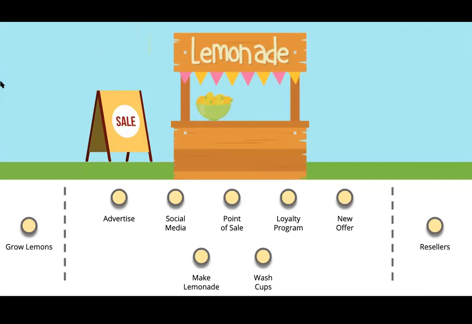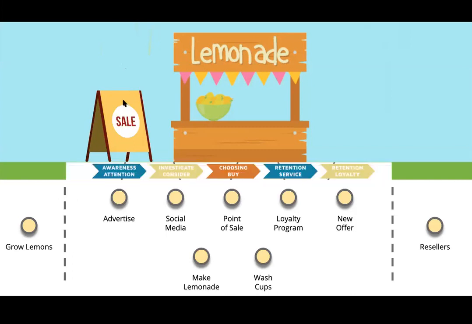We're trying to service the different requirements that they have, and we've got all sorts of different points of interaction. So you can imagine for the lemonade stand, they've got everything from advertising, social media, point of sale. They could potentially have a loyalty program. There'll be new offers that, when they invent pink lemonade, they'll be wanting to put out there. And what we've been seeing then, picking up speed every year, is the digitization of these services. And as they do that, they're planning that around this customer journey mindset.